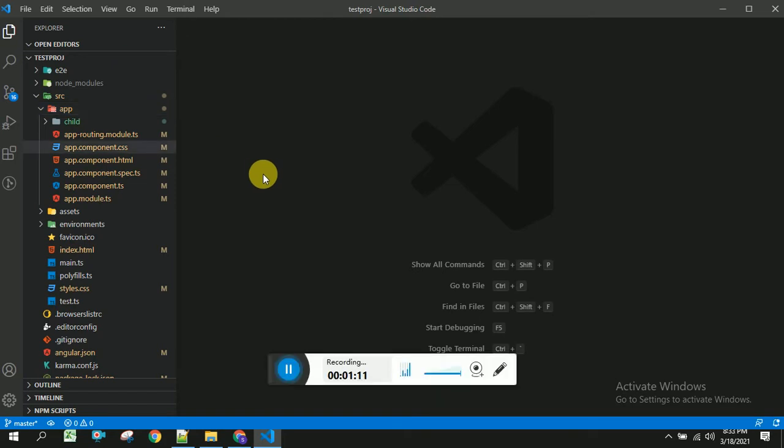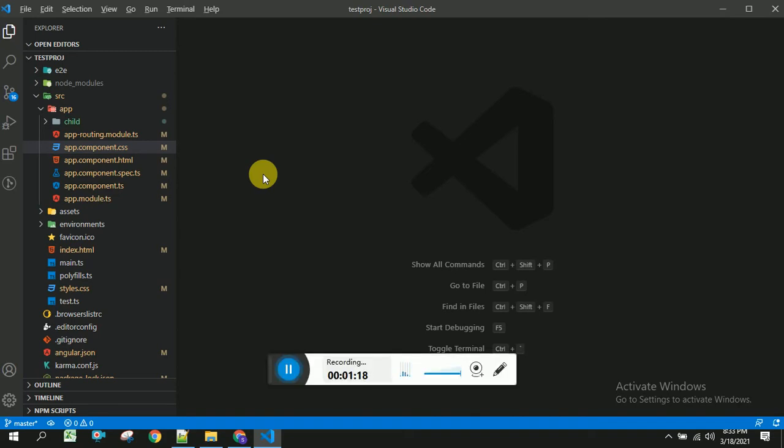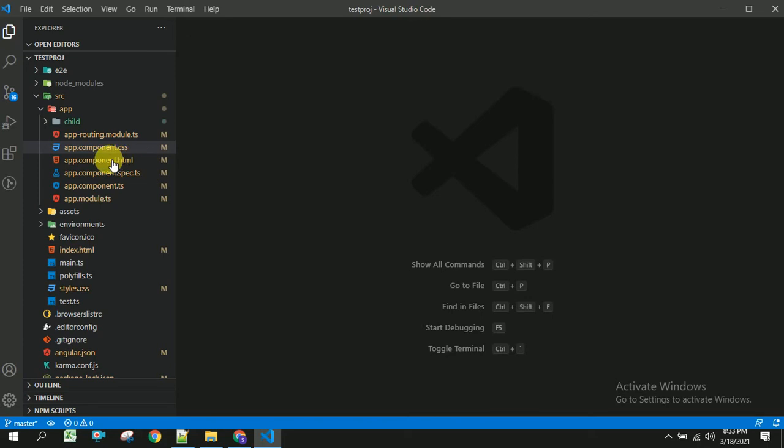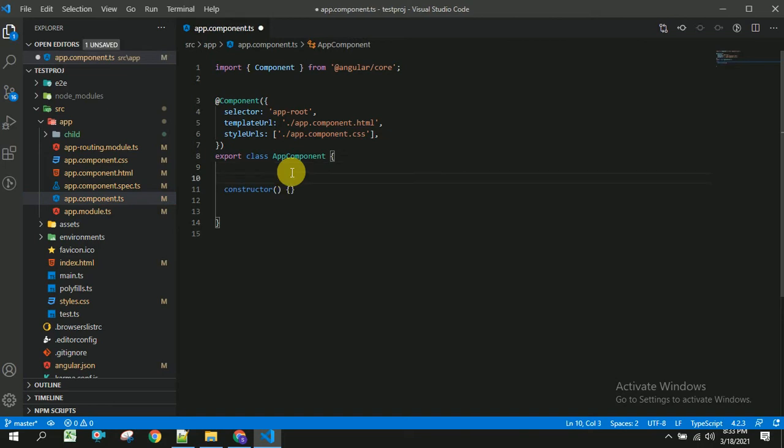So first I am going to my app component.ts, where I am going to create an array which consists of title and description objects. So data equal to, this is an array which consists of objects, and the title will be section 1.